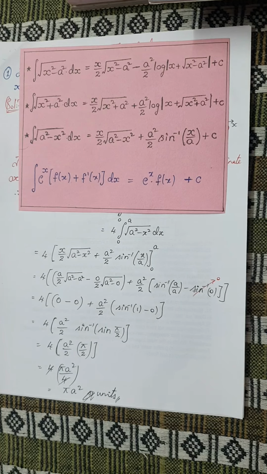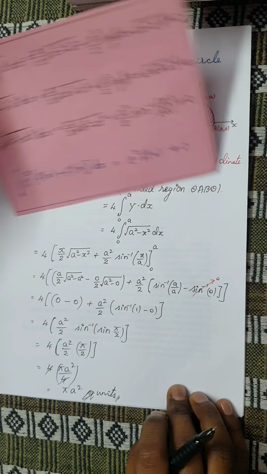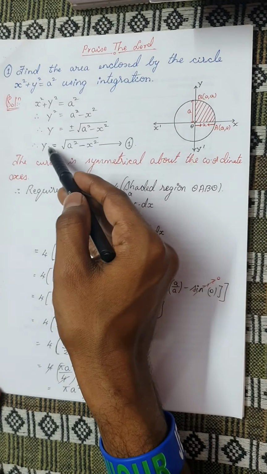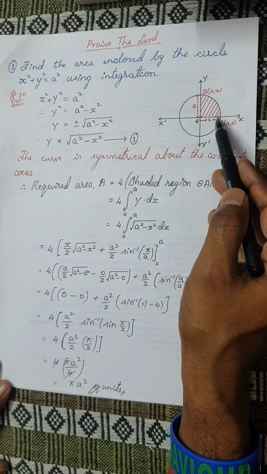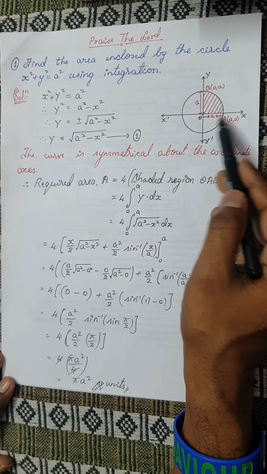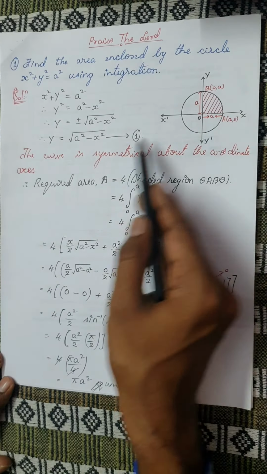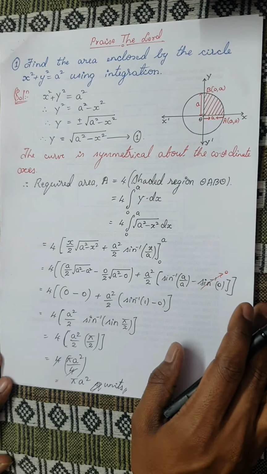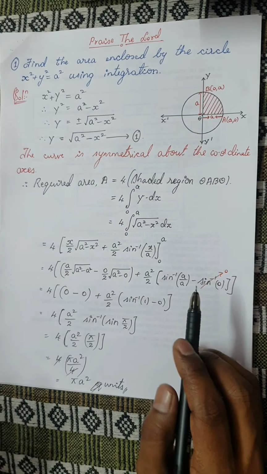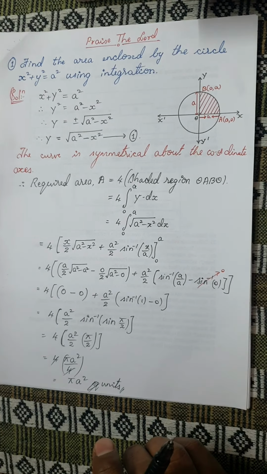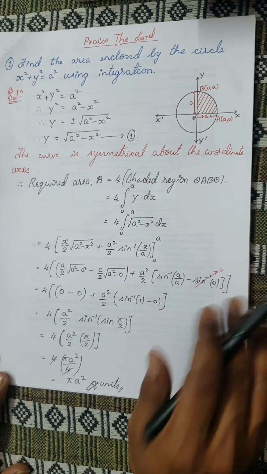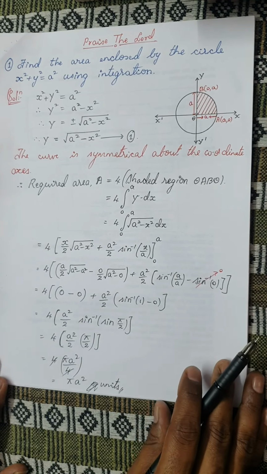Okay, students, this is a very simple question. The only thing is you should know how to take the area: consider the curve, and consider along which axis you are going to take the area, along x or y. Once it is clear, find out the shaded region, and almost all the questions are related to the same formula itself. So once you know the formula, just apply the limits.